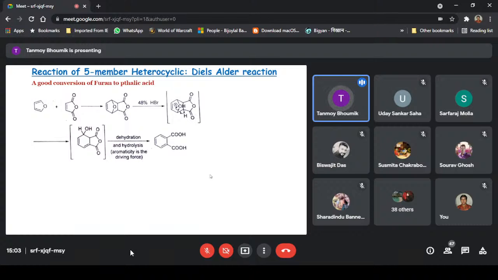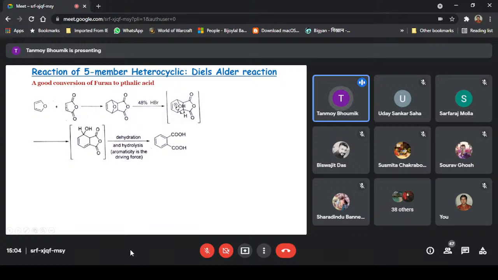There is the furan. Whenever we consider the Diels-Alder reaction, we all know that in the Diels-Alder reaction we need two types of components. One is the diene, another is the dienophile. So the diene is the furan, because it contains two pi bonds, and this is the dienophile, that is the